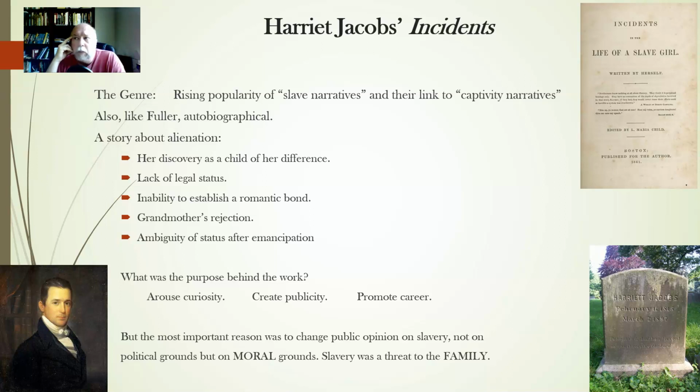I mean, you and I, I don't know about you. Whenever I read the passage, I think, oh my gosh, this is the only person this girl's got, and loves her beyond all measure. And to have her grandmother reject her like that is just crushing. It just crushes your heart to see that. And then even after her emancipation, the ambiguity of her status, she's not fully settled until pretty much well after the war, to be honest with you,